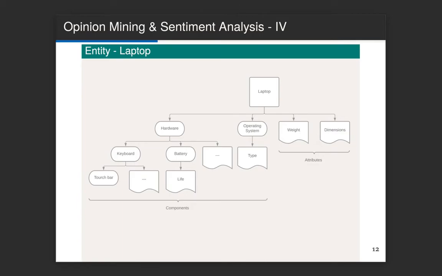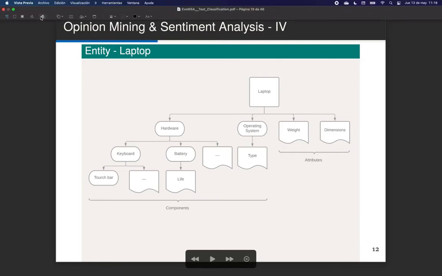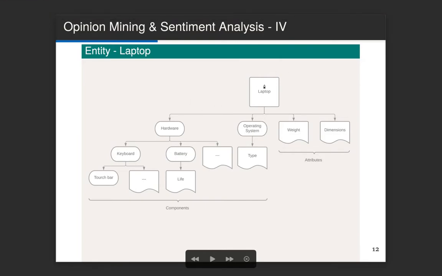And just to try to show a little bit more about an entity and how it looks, here is an example of an entity. In this example, the entity is laptop. It has associated components, and as you can see, it is a hierarchy. Well, it is a tree.